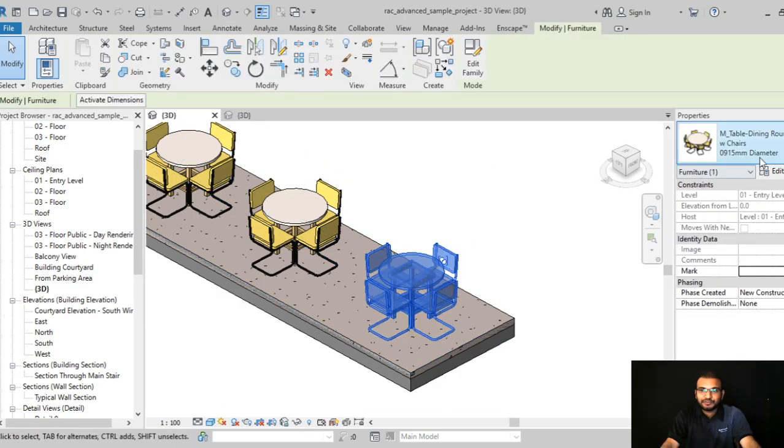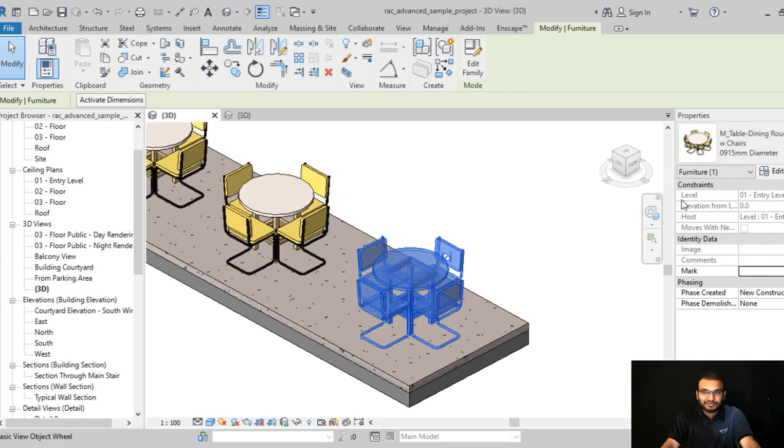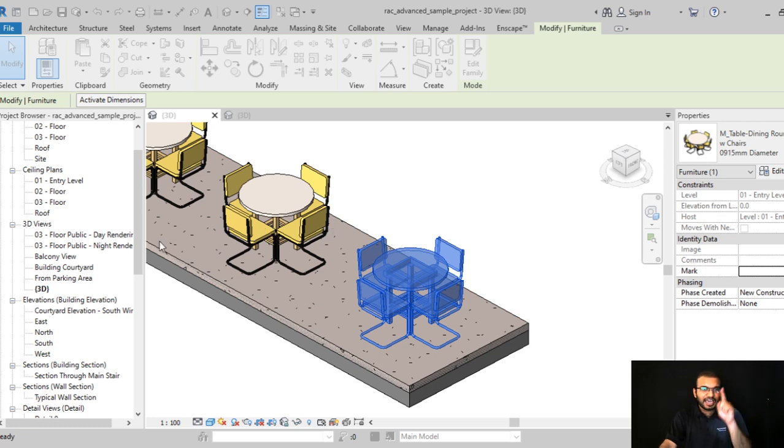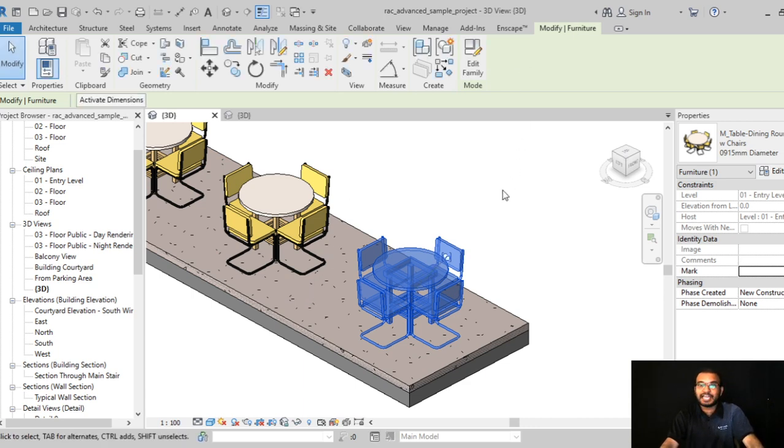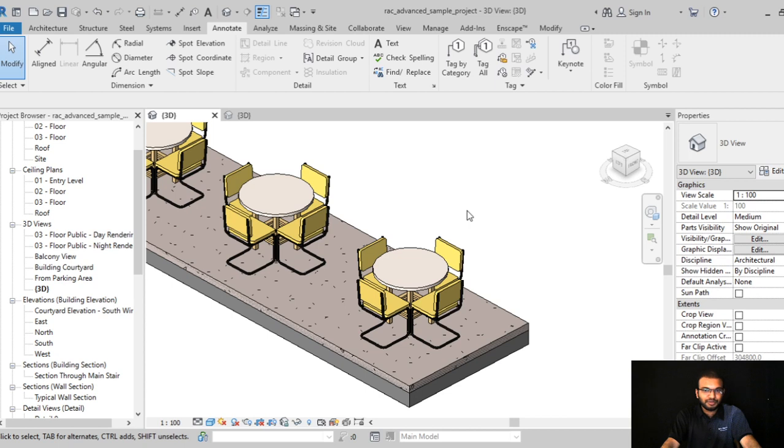If you want to see the information of that item, you can see this is a dining table of diameter 915 mm, the base material is wood, and the top material is laminate. Each piece of information about the material or project part is prepared properly for understanding the concept of the BIM model.